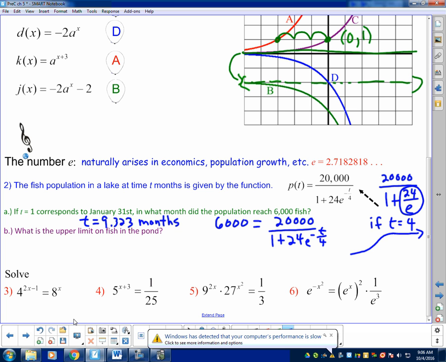November. Election day, right? Yeah, you're right. So if January 31st is t equals 1, and 9 would be, let's see, well, t equals 1 is January. Wait, so t equals 2 would actually be, wait, no, I don't know. So February would be 2, March would be 3,